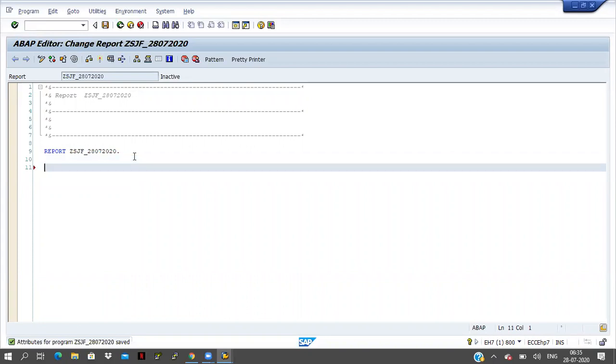Here I will declare the internal table types now, UI underscore. I am declaring this type for customer information, so you can get the customer information from the KNA1 table.